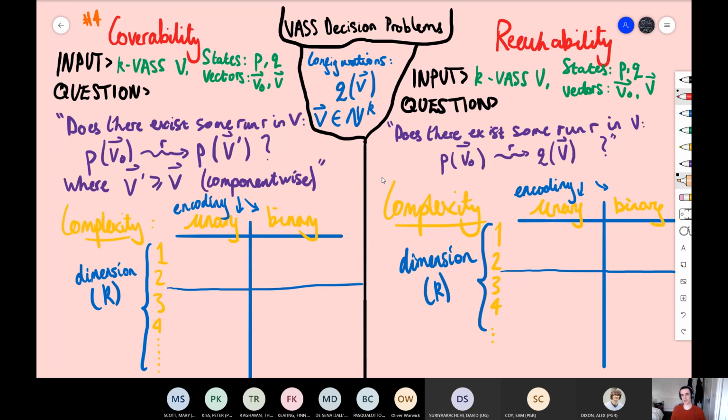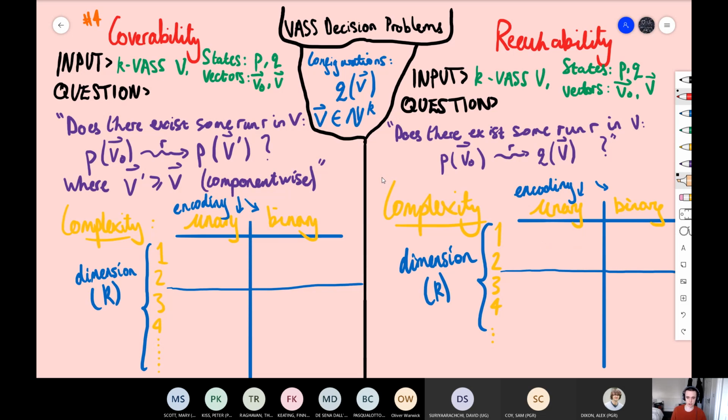I don't know if I like the word reachability here, but hopefully you associate this problem. And note, this is an exact hit. You need counter value 1 to have exactly the right value from the first component of vector V. Same with counter value 2. You can't miss one of them. You have to have all of them at the correct counter value. Seems tricky, right? And there's a little complexity table. We have dimension down the length, and then we have encodings. From earlier, we allowed unary encodings, which are transitions or updates to each of the counters of the form +/-1 and 0, and then binary ones, which are anything we like.